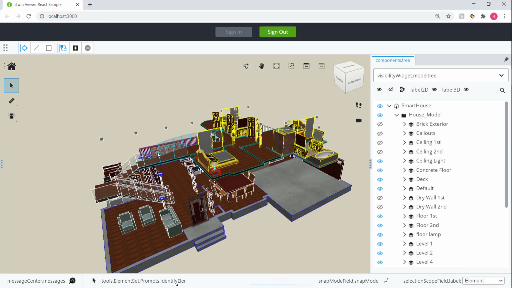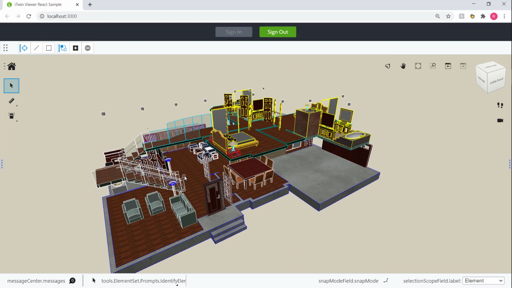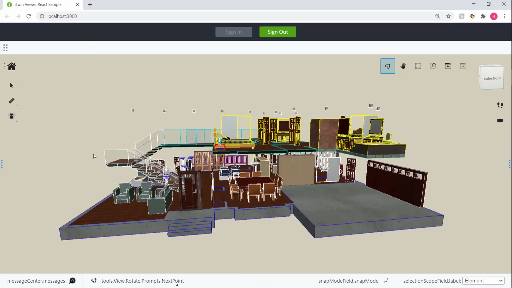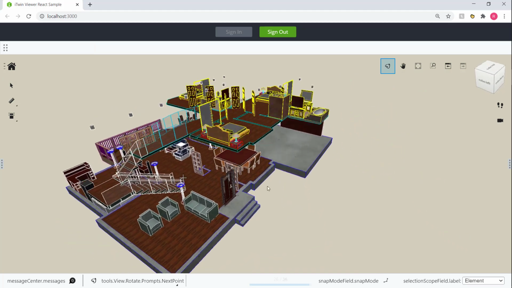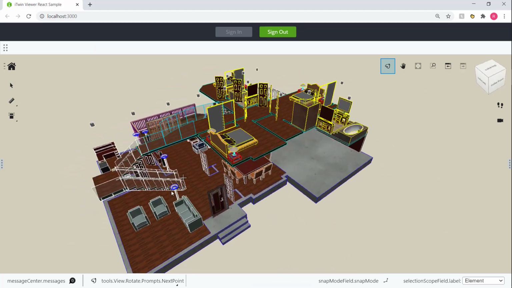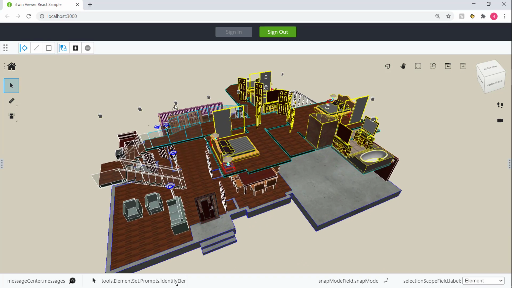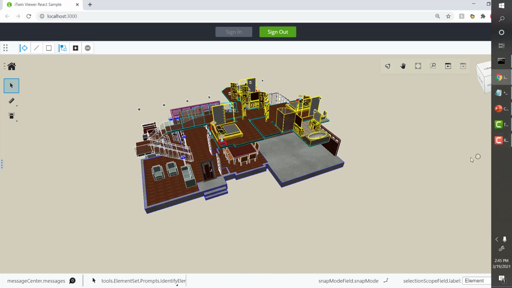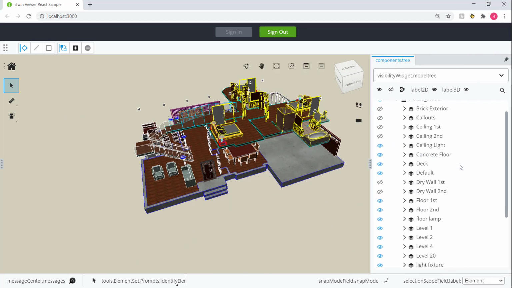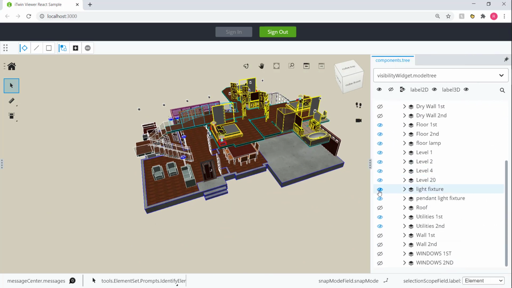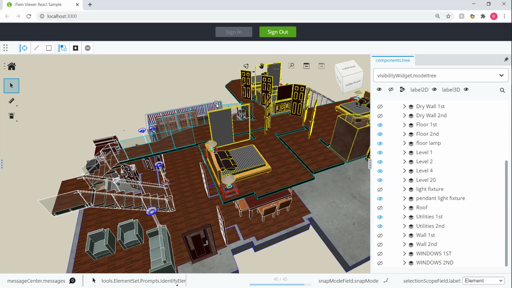All right, I think we're in a pretty good place now. We get to see inside the house. We can see a pretty nice view of everything that's inside. And I think this is a great place to start marking our smart devices. What are these things on top? I think we can probably do without those. Let's see. I believe these are the light fixtures. Okay, they are. Cool. Well, in case you haven't guessed, I've already spent some time with this model, but this